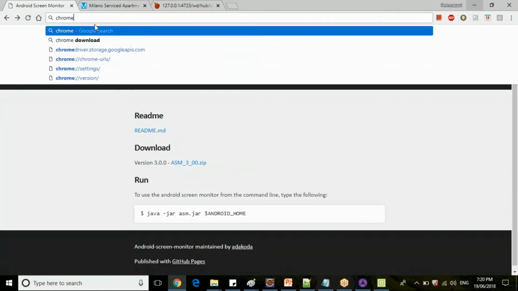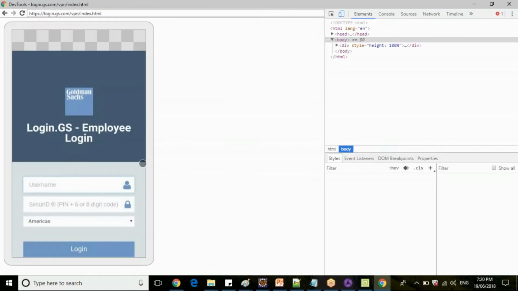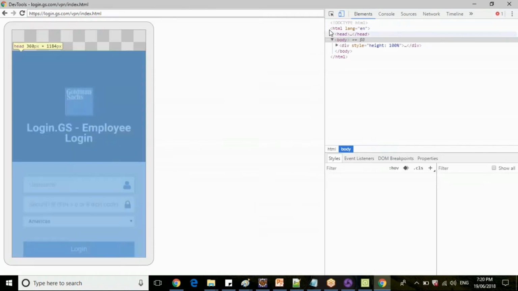Let me reopen this, guys. Chrome inspect. So click on this inspect button. Now you got these three.